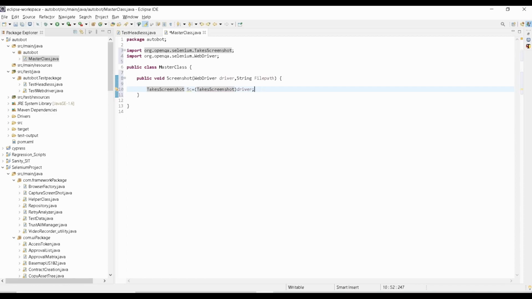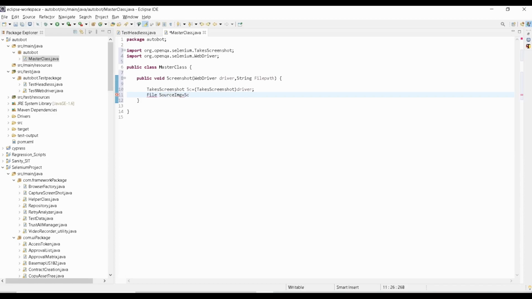Then we first have to create an image file, right? For that we are going to save it as File sourceImg equal to, from where we need to take the screenshot.